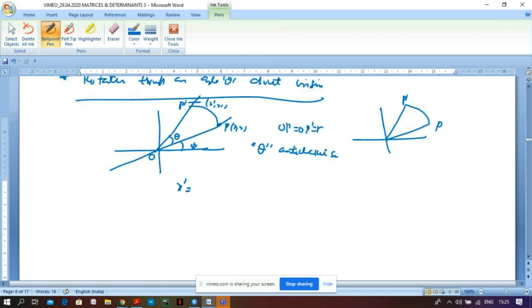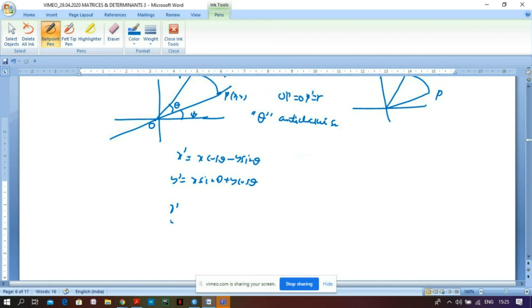So we'll get this x prime as x times cos theta minus y times sine theta, and y prime again, the standard result, x sine theta plus y cos theta. And in matrix notation, I can write this as (x prime, y prime) equals the matrix with rows cos theta, minus sine theta and sine theta, cos theta, times (x, y). So once I write that, I say that this matrix T is given by cos theta, minus sine theta,